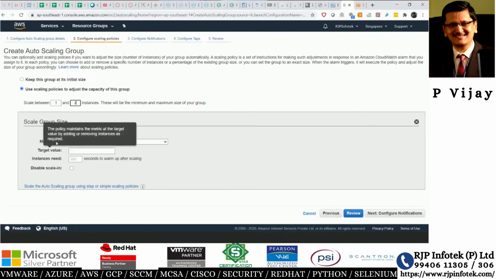Okay, what should be the metric? When should it be 1? When should it be 2? I would like to start with 1 and add up one more instance when the average CPU utilization is going to be say 50%. I'm going to give it some warm-up time, let's say 45 seconds,